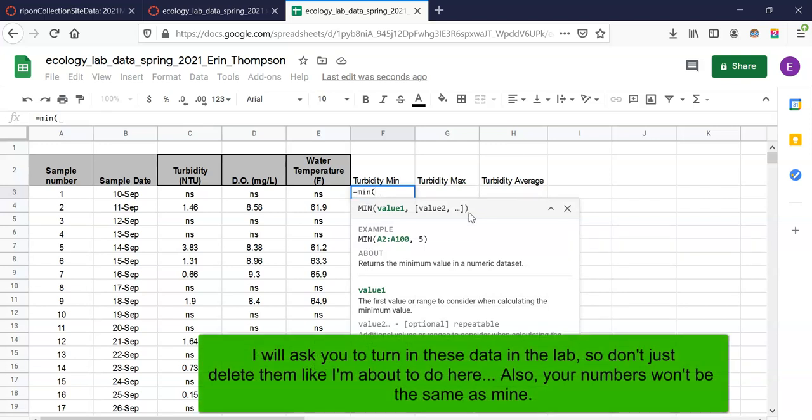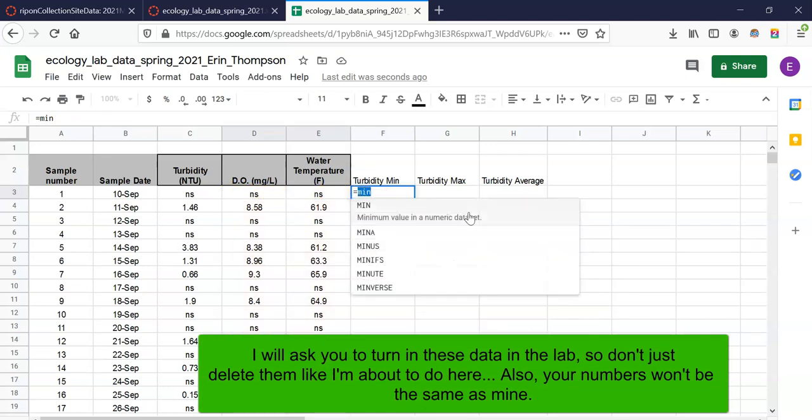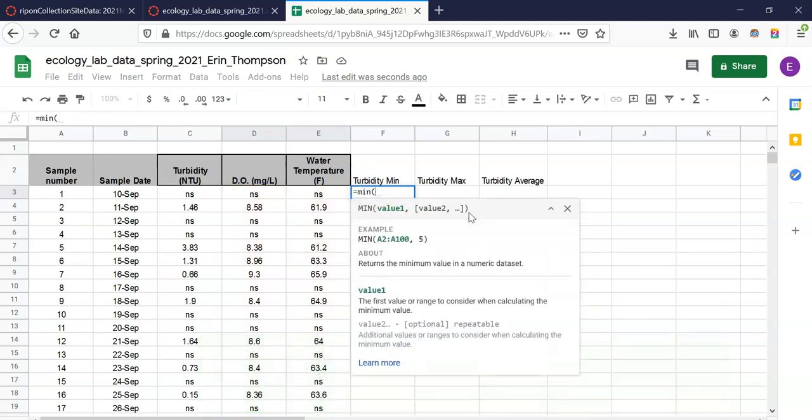When you do this, this min thing is the function. And whatever you put in these parentheses, that function is going to do an operation on that. And I'll show you what I mean. So I'm going to say, what is the minimum value between C3